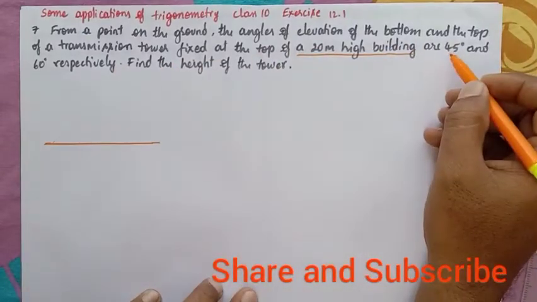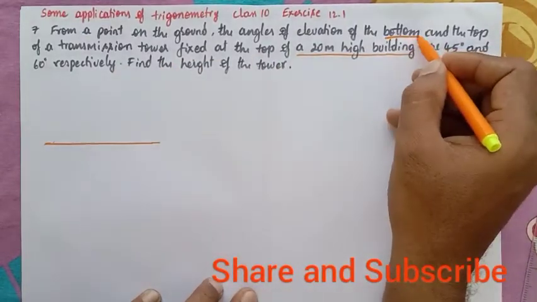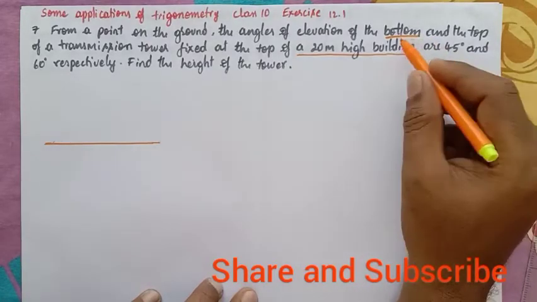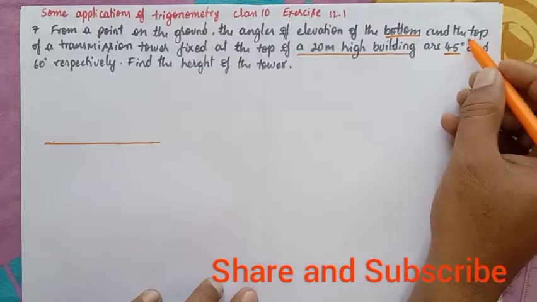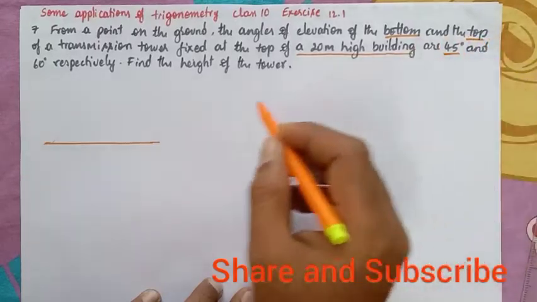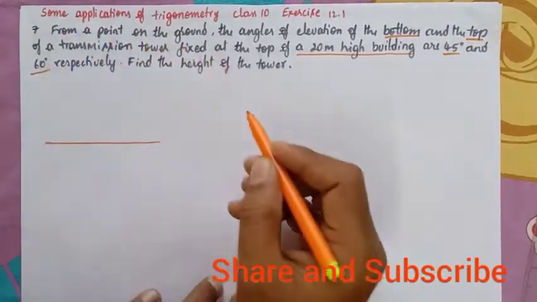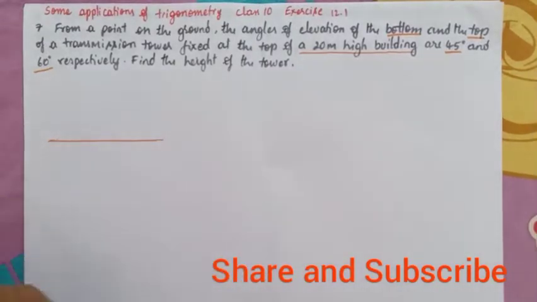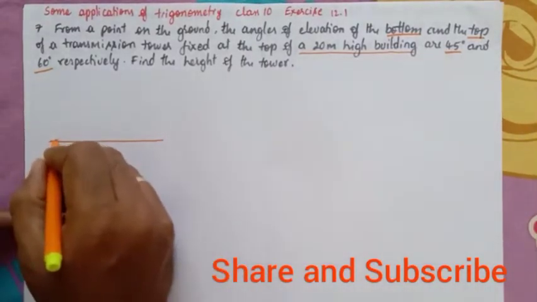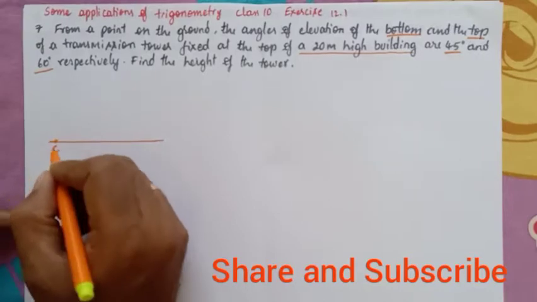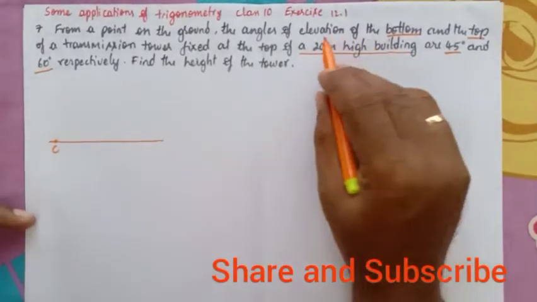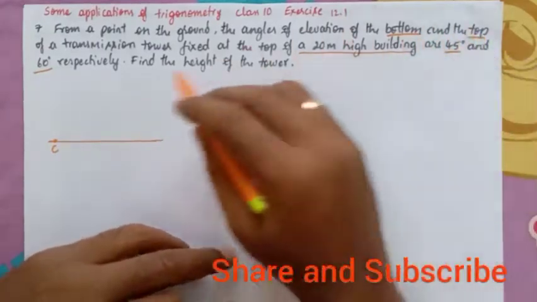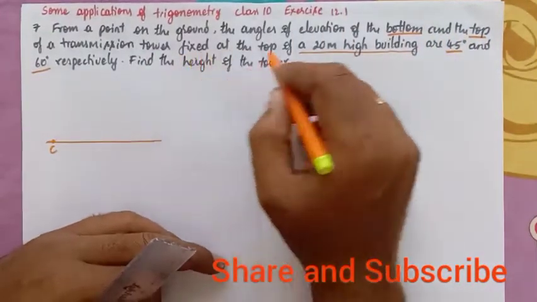What is that 45 degree? The elevation of the bottom of the tower is 45 degree and the top elevation is 60 degree respectively. Find the height of the tower. So here, from a point on the ground, the angle of elevation of the bottom and the top of the transmission tower is fixed on the top of the